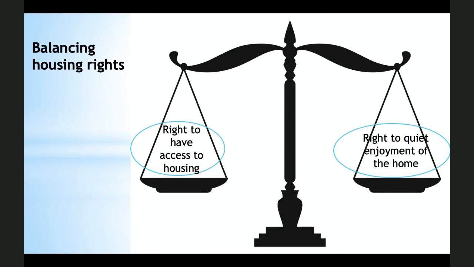So in cases in which the release and the return of an ex-offender into society leads to social unrest in the local communities, do local authorities in the Netherlands strike or aim to strike a balance between the competing housing rights? So the ex-offender's right to have access to housing on the one hand and the community residents' right to quiet enjoyment of their home on the other hand. Well, the figures seem to indicate that most of them do, or at least try to.